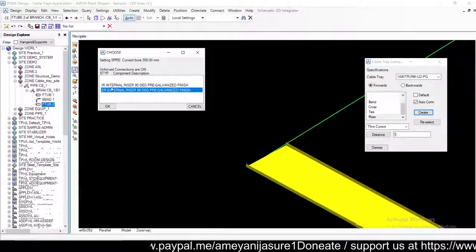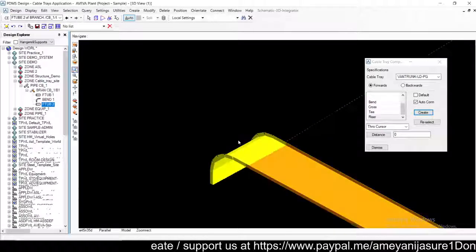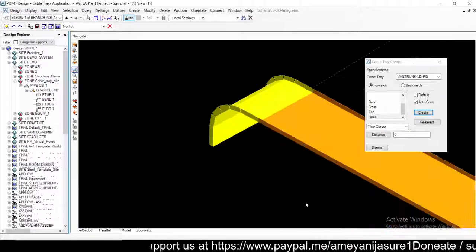So you cannot go up with the external in this case. The cables will be external to the bend, so that will give you the cable tray going downwards. These are the two options which are available with the riser.